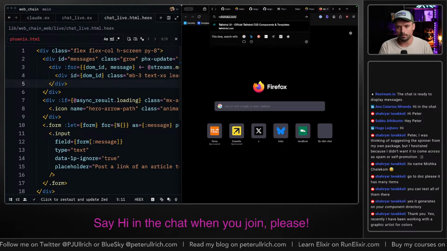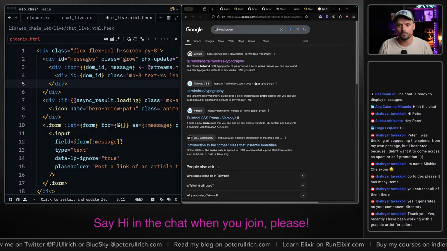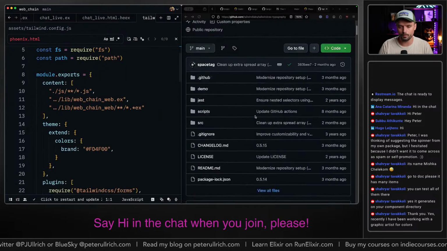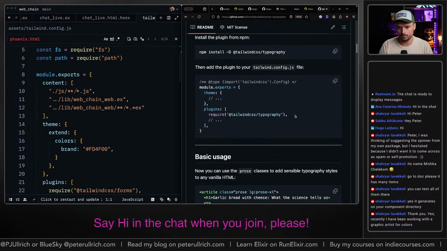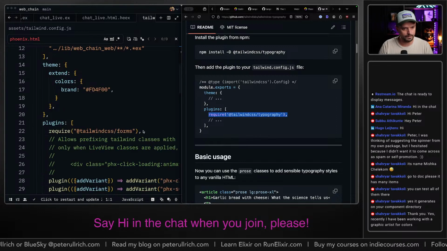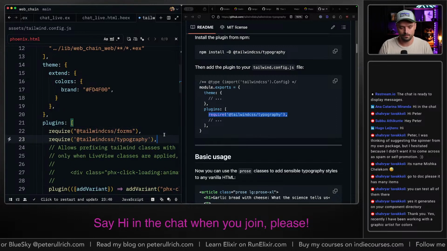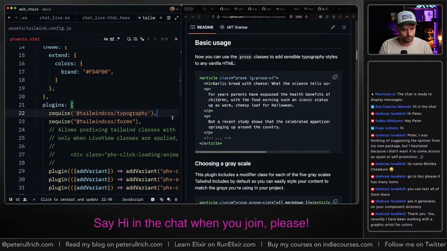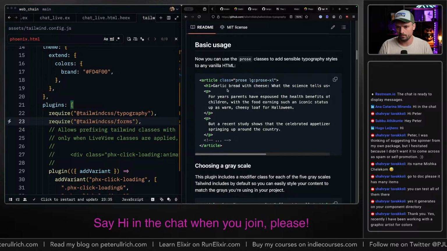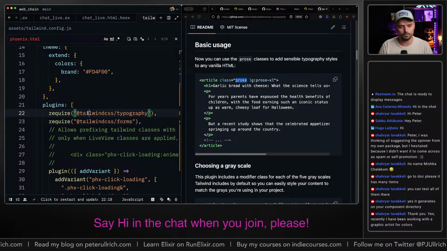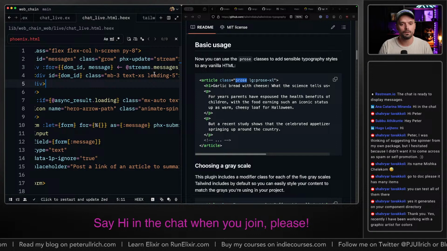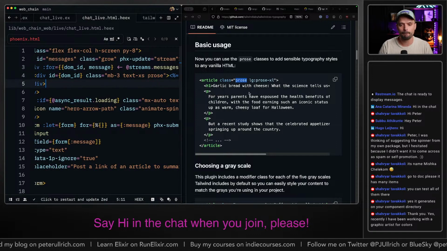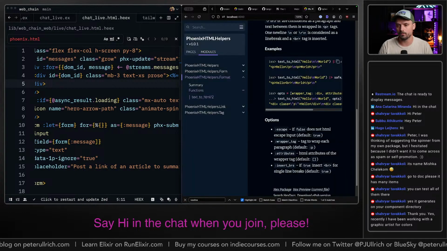And last step is I'm gonna use Tailwind prose because it's gonna nicely format everything for us. And it's just a plugin over here. I always forget if it's before or after forms. I think before. Yeah, and then we can make it just prose. And let's see how that looks.